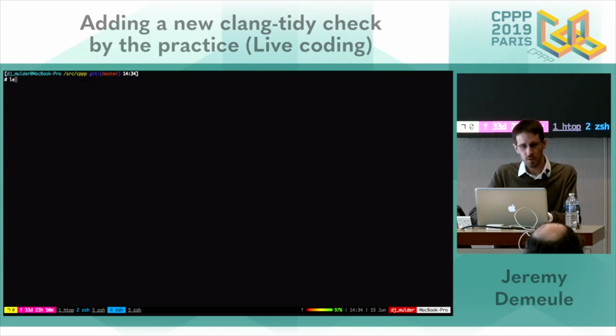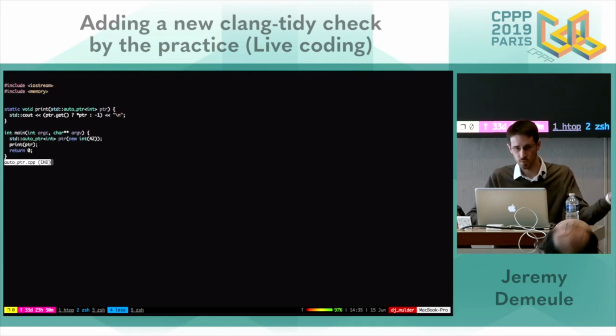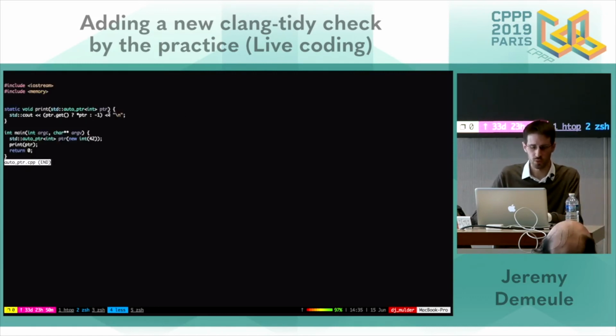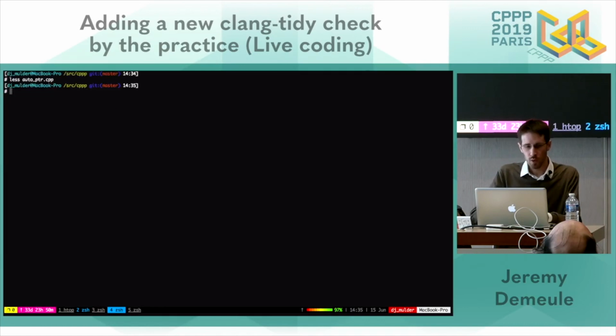If I look at my auto_ptr example, just the example I showed you previously, to apply it, I will run clang-tidy with checks equals dash star to deactivate everything but the one I want, modernize-replace-auto-ptr, on my file.